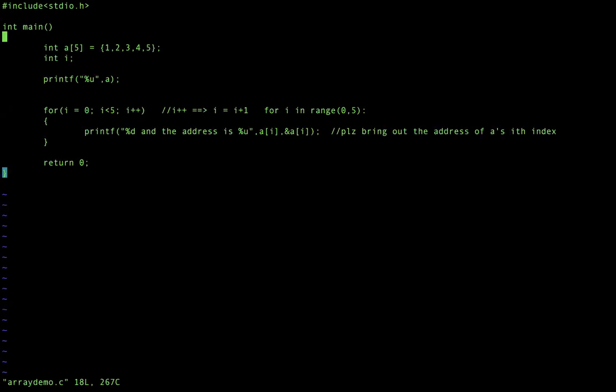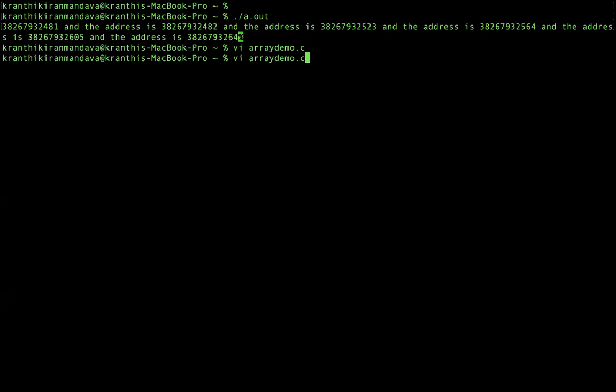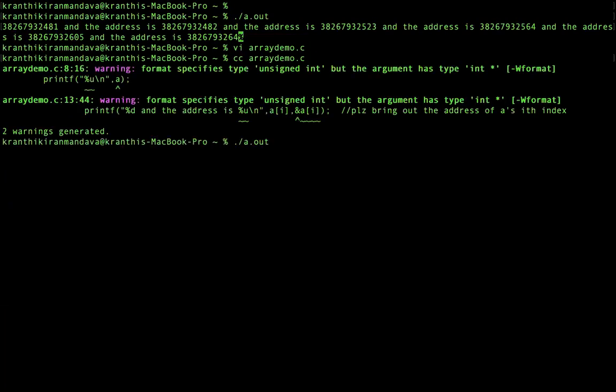What am I doing here? The first one is printing like this. I need to go for \n so that the remaining things will be printed, and here also I will put \n for the next line. So for each print I will go for the next line. Now it would be okay, hope. Compile again and output. Yeah, you can see here.